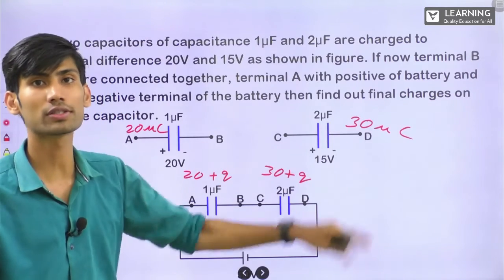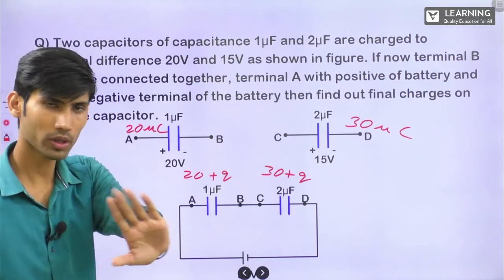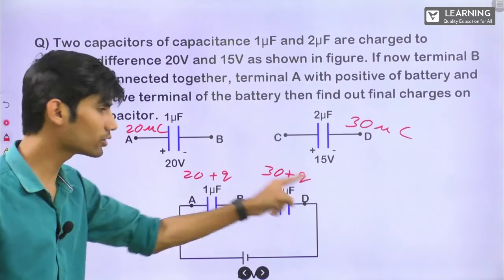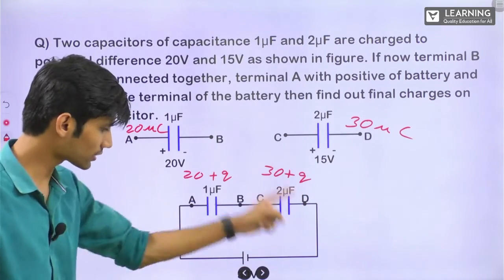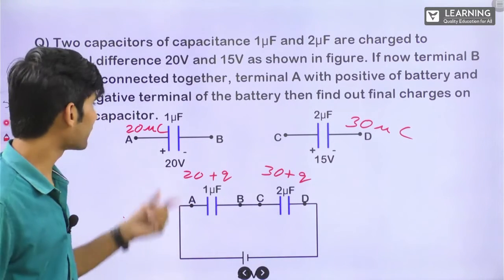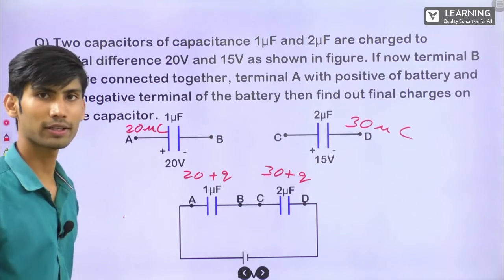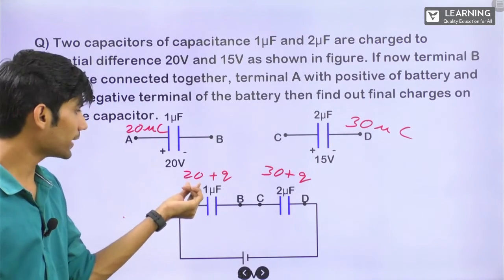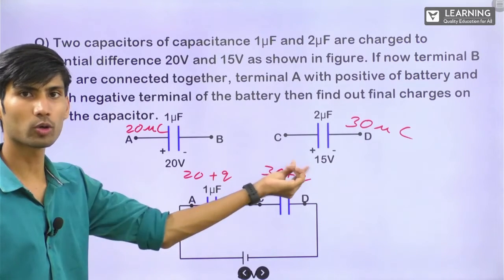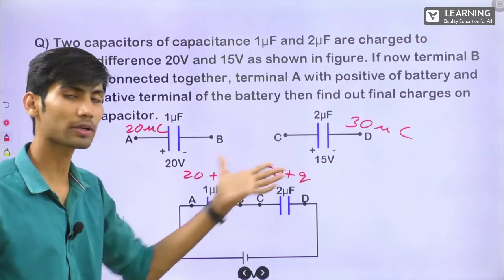Just see the way how it is done. First, what we have done. I hope you understood the concept. Okay, why is the same charge getting added to both the plates? Because the same charge is going through this battery. Okay, now how to do this? First we'll find the charge on each capacitor, which they have given separately. The charge will be added, let's say Q charge is added to both the capacitors, so we'll write this as old charge plus Q, old charge plus Q.